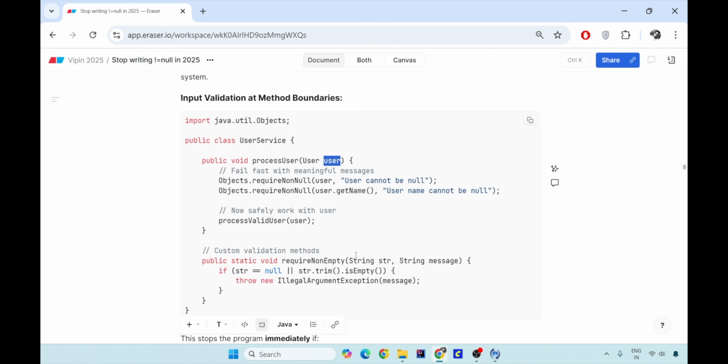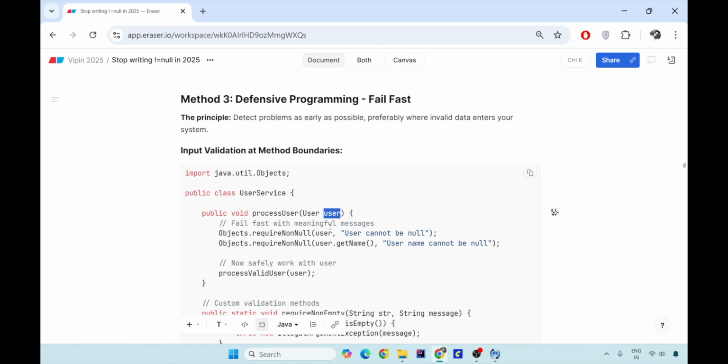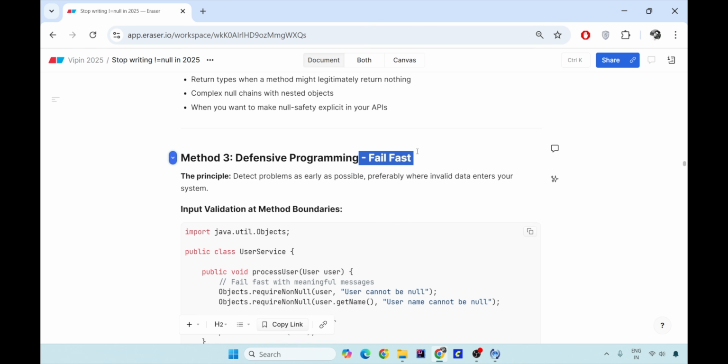The null pointer exception is very unknown to the client and it will say, what null pointer exception? I don't know. You are the Java developer. You might know what is null pointer exception. The user might not know it. So what is the best way to handle and also make it fail at the same time? So this is a fail fast way of handling the null pointer exceptions.